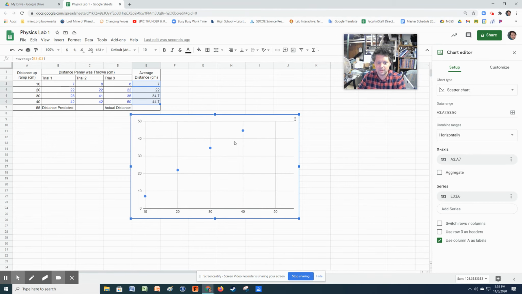So your graph should look like this by now, and all of these boxes in here should look just like this. The x-axis should say A3 to A7, and the series should be E3 to E6. And like I said, sometimes it takes a little bit of poking. Sometimes you have to restart it. So the next thing I want us to do is add some labels to this, because right now